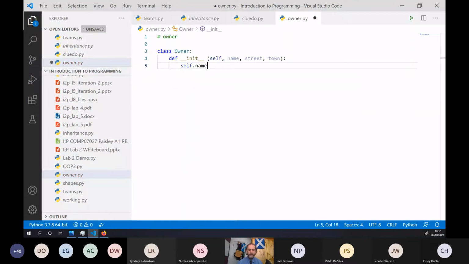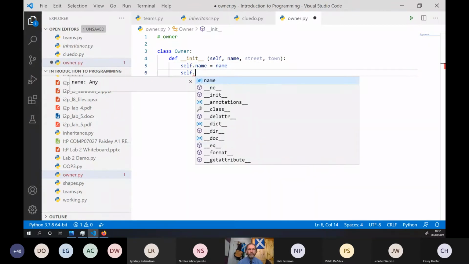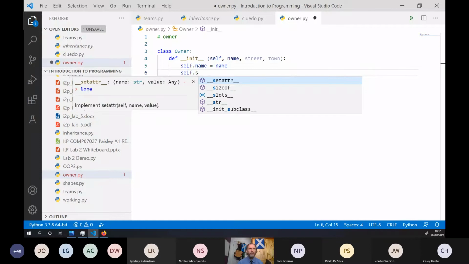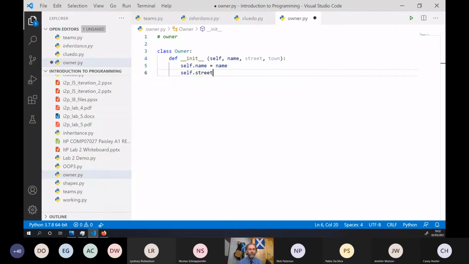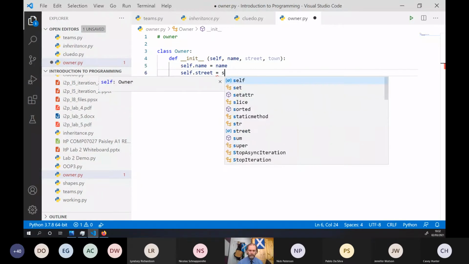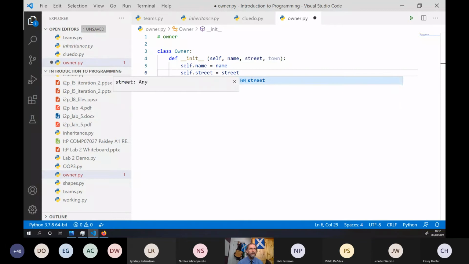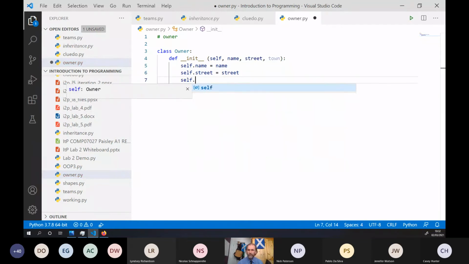For the DVLA, they have a list of owners. They have a list of cars, and they put them together. So what I'm doing here very quickly is setting up that kind of layout.